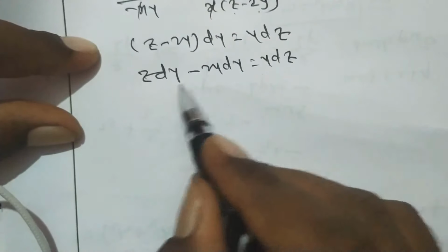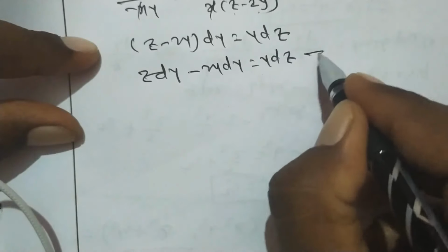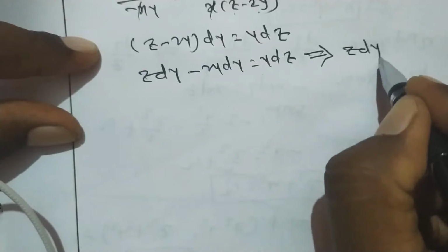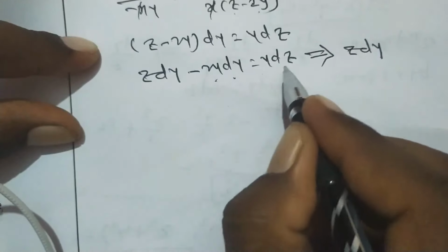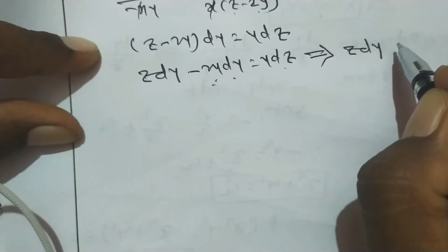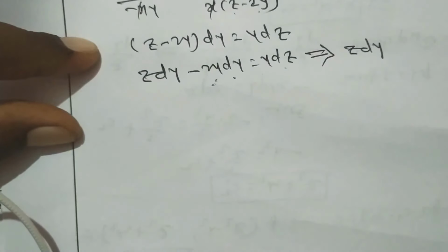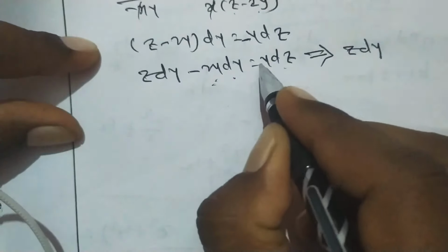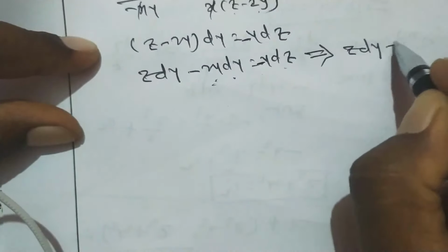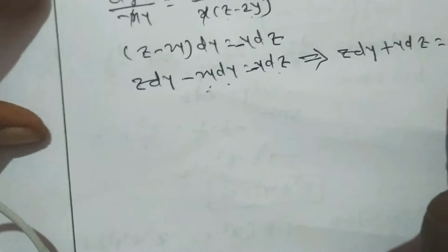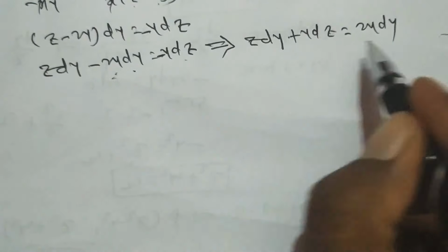See, when this type of differential equation comes, what should we do? The term whose integration we can find, take that term on one side. For example, here we cannot find the integration of z dy, keep it as it is, but we can find that of y dy. Take this on this side and this on this side. Okay, so z dy, here if you take the cross product, here is a minus sign, so here minus y dz. Okay, here minus y dz. If you write it in the LHS, that becomes plus y dz is equal to 2y dy. Okay, now how do we solve this differential equation?